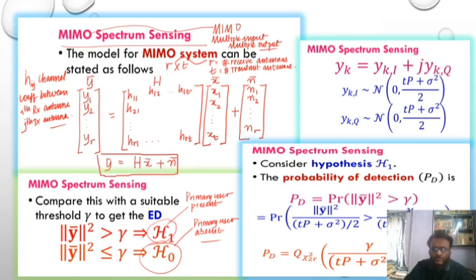And therefore if the signals are IQ signals, we can make normal distributions of zero mean in both cases, and ultimately for both hypotheses it becomes an energy detector, because this is the norm of y squared. Y norm squared means it's an energy detector. If the norm of y squared is greater than gamma, it's the hypothesis that the primary user is present,